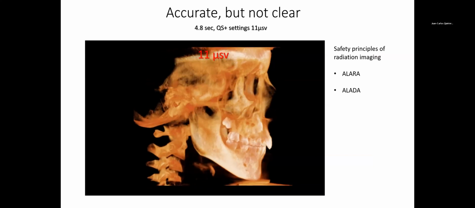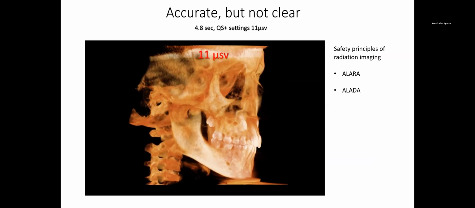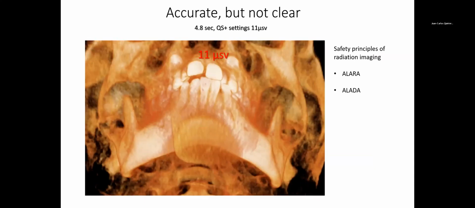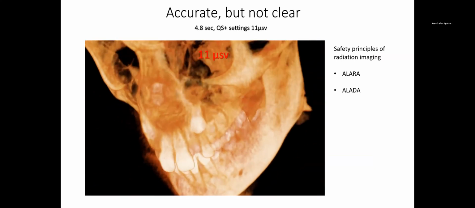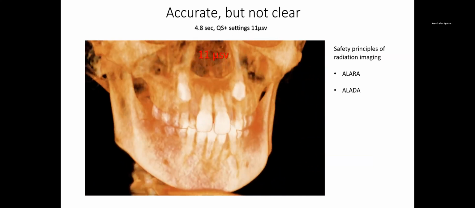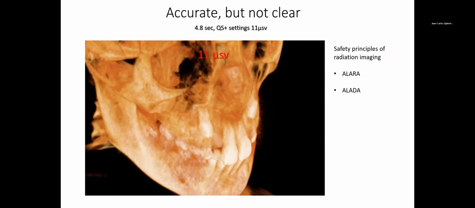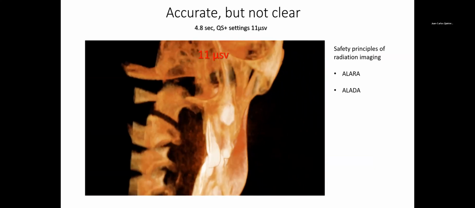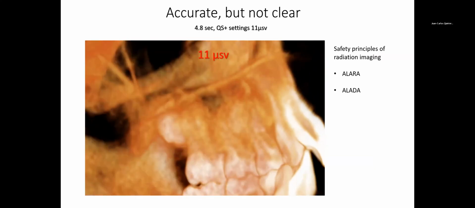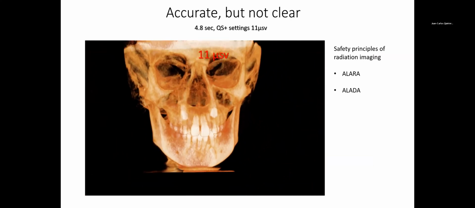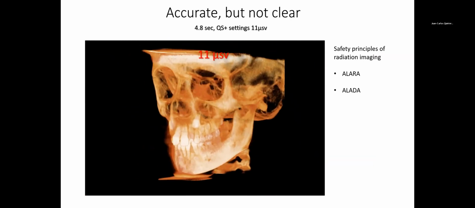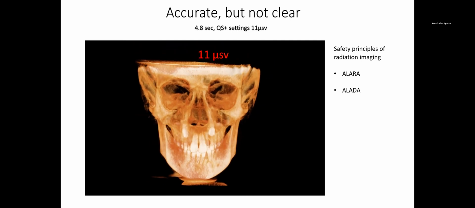This is a low dose CBCT that is equivalent to about 11 microsieverts. Now I want to be very clear that not all CBCT manufacturers, machines, and settings were created equal. This in particular is the machine that we use in our practice. This is from iCat. It's the iCat Flex, and it has the ability to modify the field of view, the